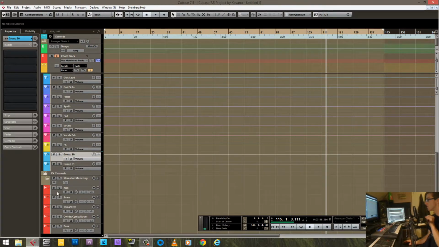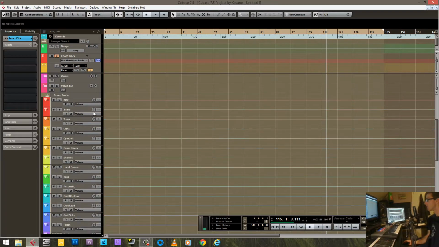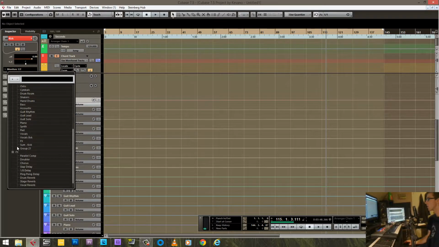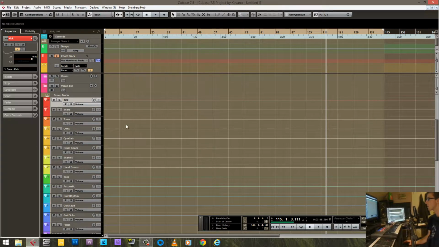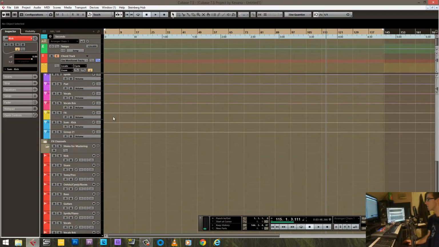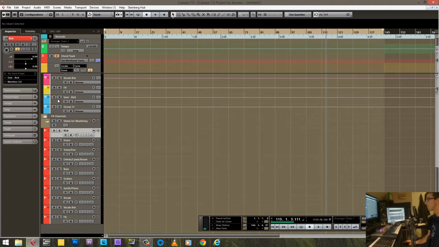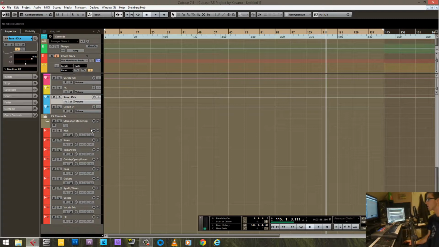So now it's receiving the input from the sum kick, and I would send the kick, instead of going through the monitor outputs, I would go sum kick. So the kick gets sent to the sum kick, and this is getting input from the sum kick, and then